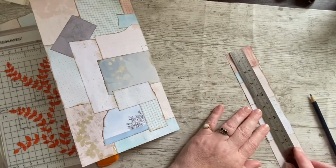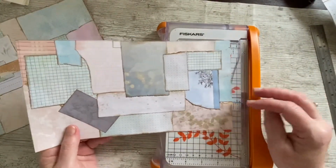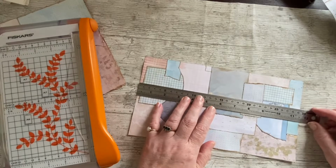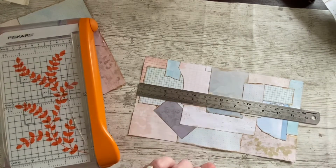What did we say we wanted on? Well, we'll need the edges. We'll do that in a minute. Let's get back to these journal cards. So, what did we say we had across there? 11.5 inches,